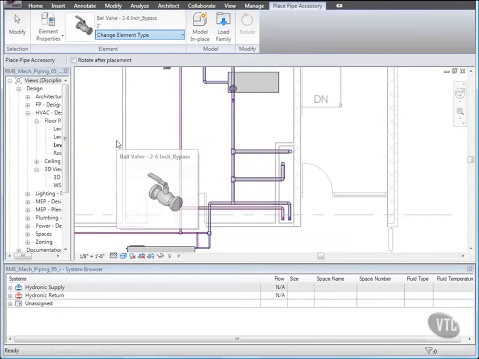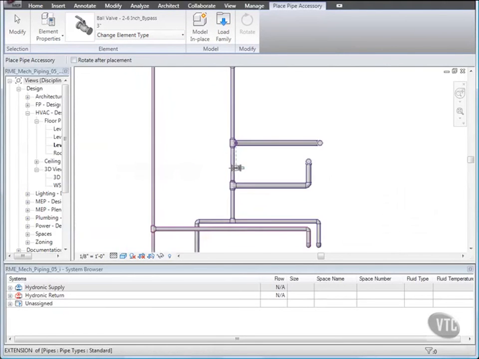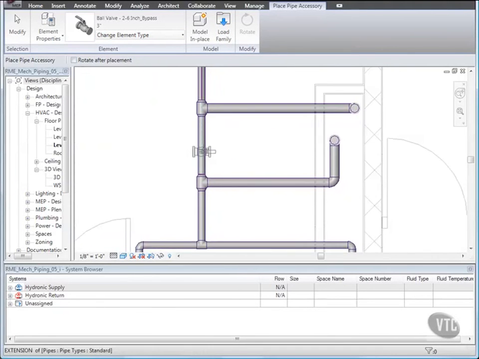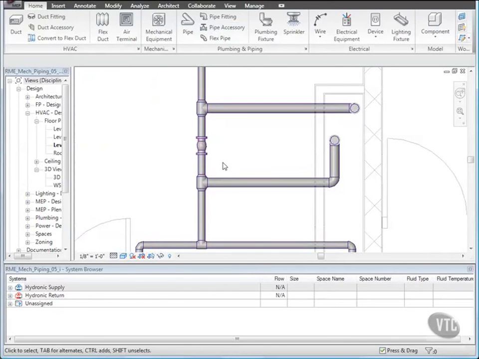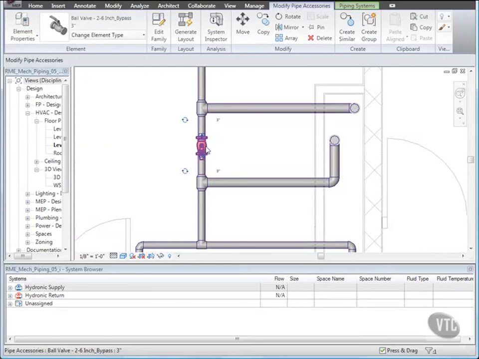Then, click the center of the pipe to place the valve, and press Escape twice. Then, select the valve and click the top Rotate control to rotate the valve to a horizontal position. Then, press Escape,